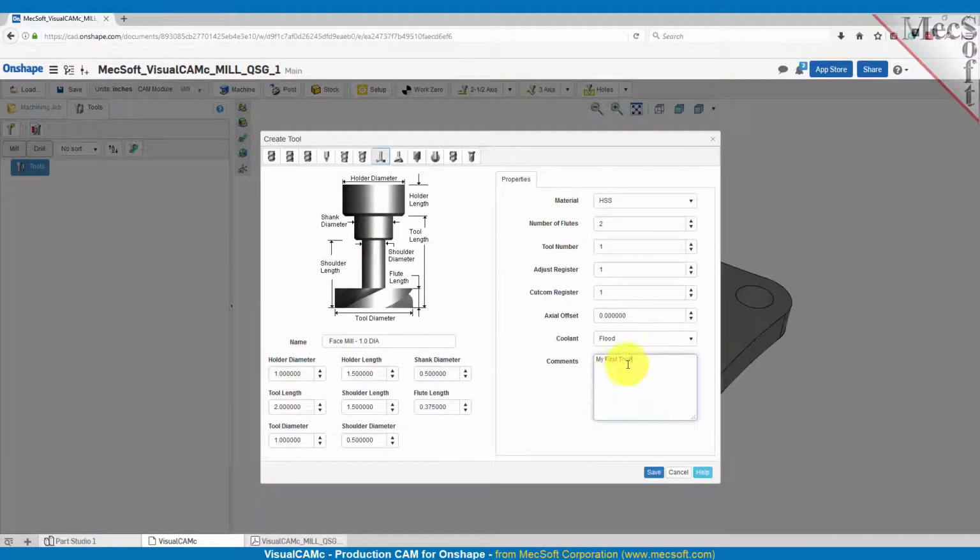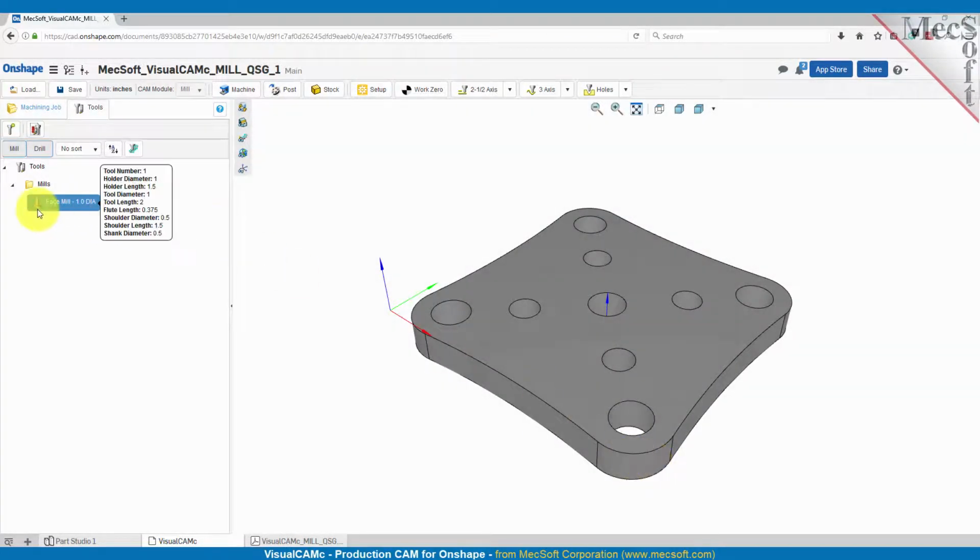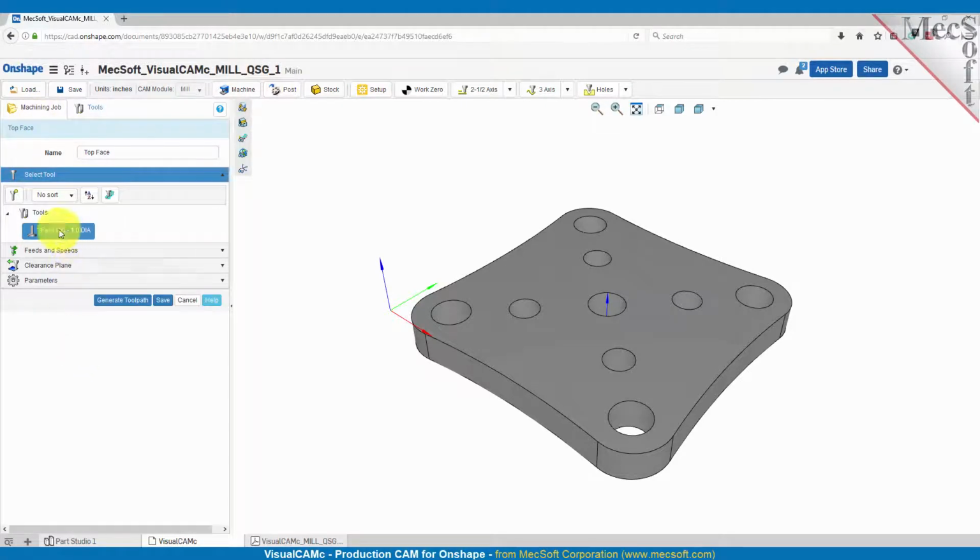And that'll be commented out in your G-code whenever you post it. So let's go ahead and pick save. So now we have a face mill listed. Let's go back over to the machining job, and we see our face mill listed here. And as you can see, a pop-up dialog tells you a little bit about the tool as you move the